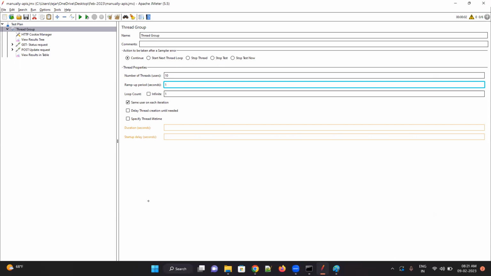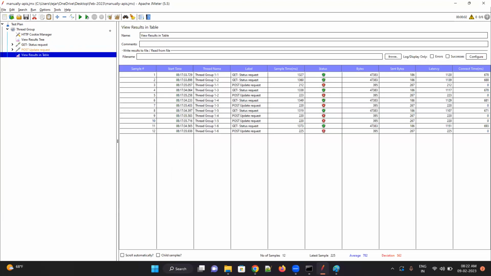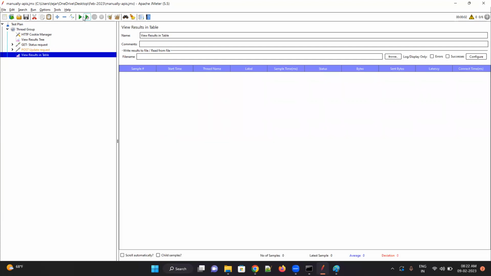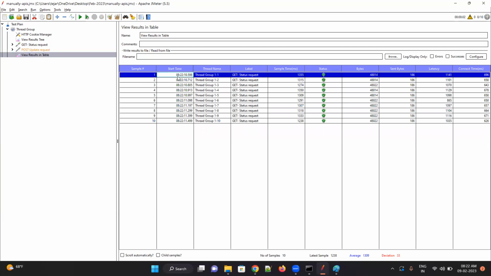To understand this easily, I will keep only one request here so that we could get the numbers easily. Let's go with the table only. We kept 10 users here and my ramp up is 1. Run the script now. How do I know that? If you see the start times,